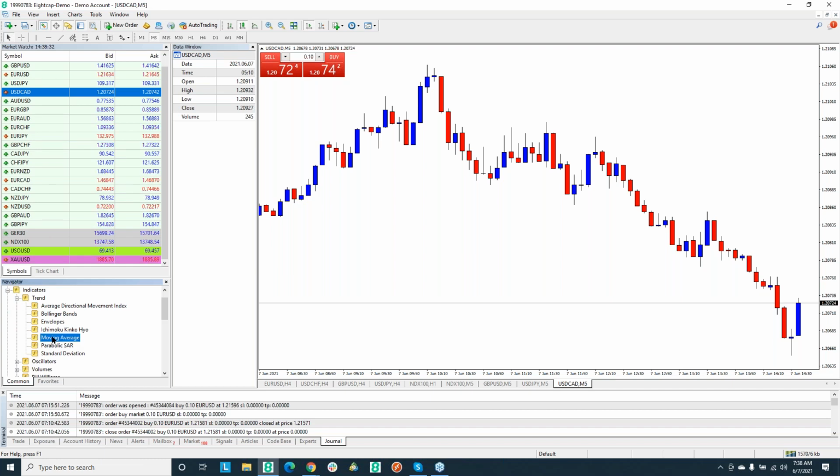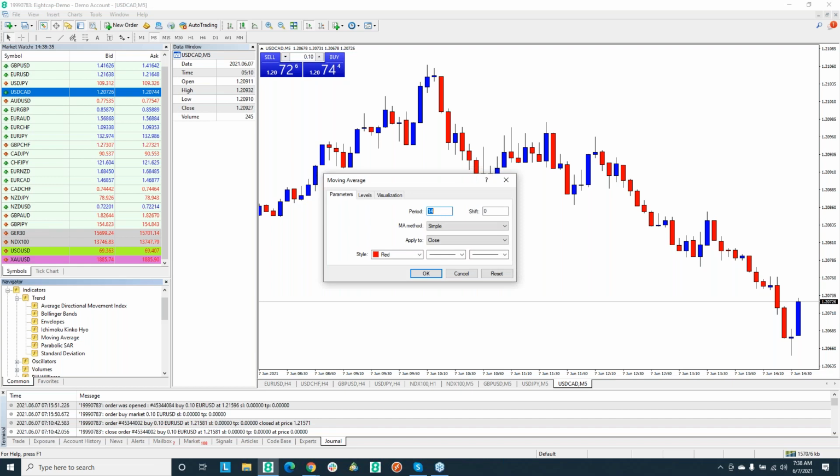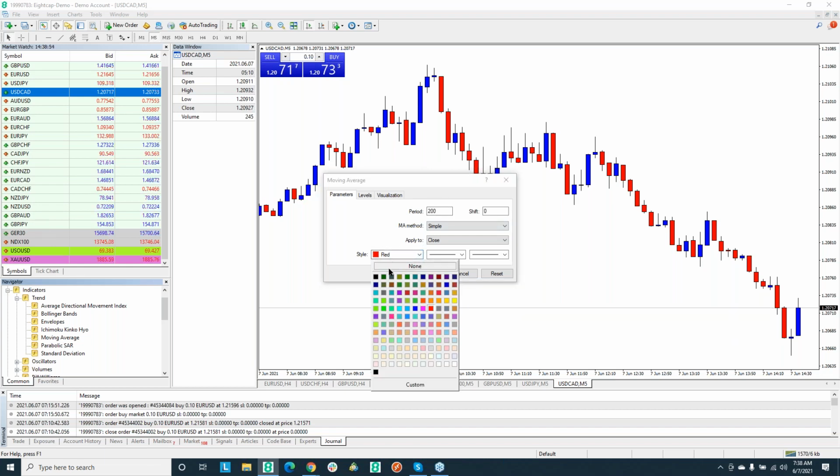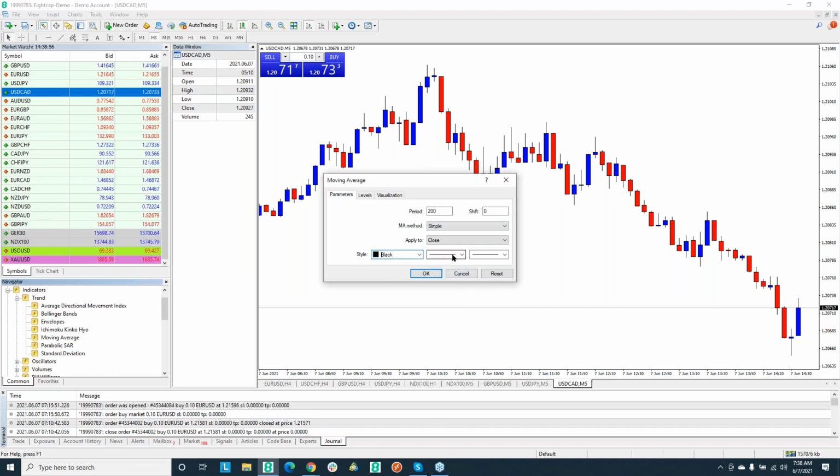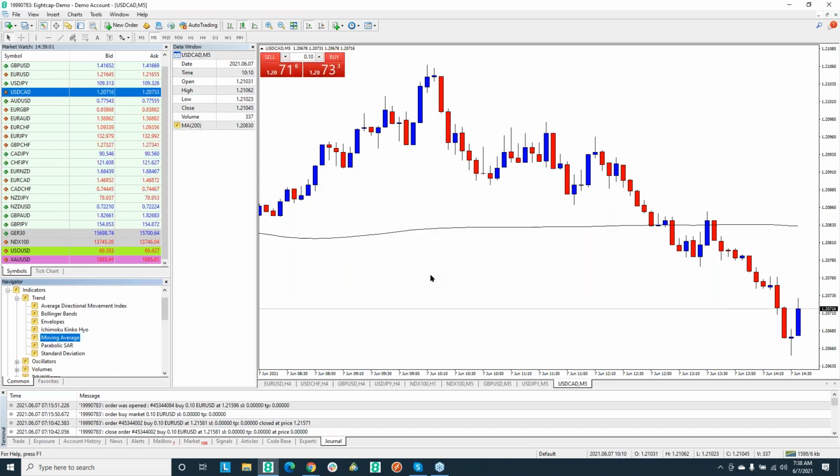I'm going to do moving average, and I can literally drag this on here, and it will give me various variables of the moving average. I can choose the period. Let's say we're going to choose a 200 period moving average, and I'll make it a simple. I can make it exponential, smooth, weighted, but I'll make it simple. And the line I'm going to use for the moving average will be black, and I can make it thick or thin or any other thing, but I'll just make it like this. And now I've put down a 200 period moving average line on